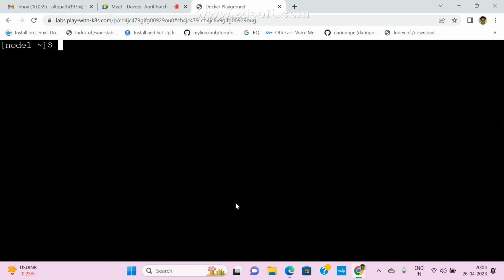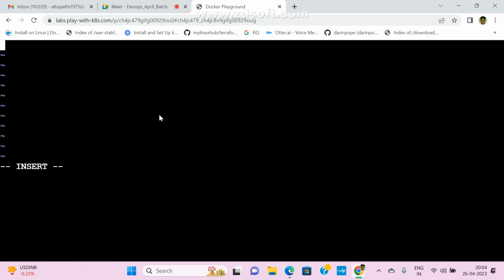For example, right now I don't have anything, so let me create one file using vi. I am going to create a students.txt file and insert some content.